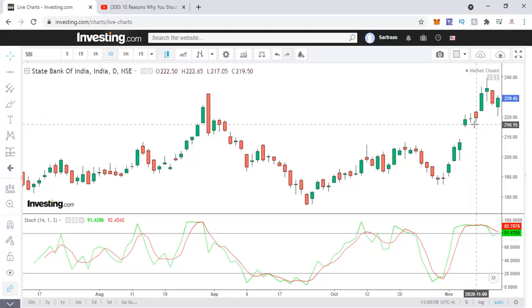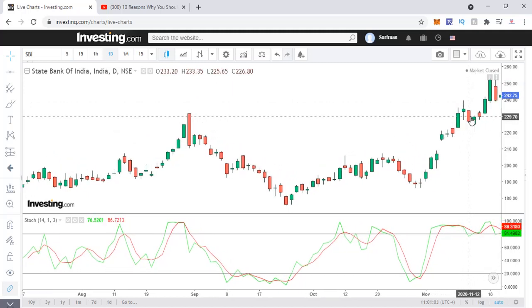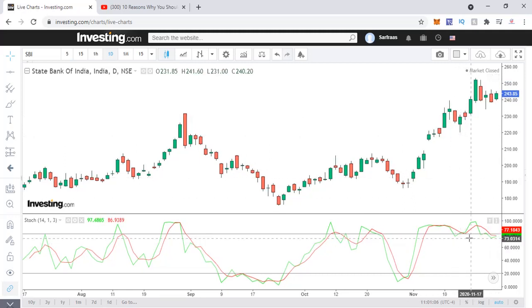So let's move ahead, and you see it was a false signal, and it continued to move up. Typically, when you see it right at the top, this was supposed to be a good signal. Unfortunately, there's been a lot of buying. As I can tell you, I have not removed patches and not taken a particular screenshot and studied everything. I'm just trying to see as if I was trading live, so I will probably make mistakes. Likewise, you will also, because it is not a rule that the moment this happens, it will work. These are probabilities, but it gives you more probabilities in your favor.